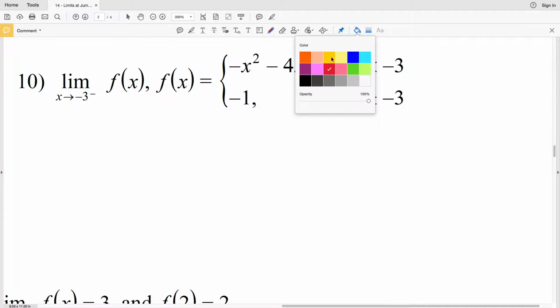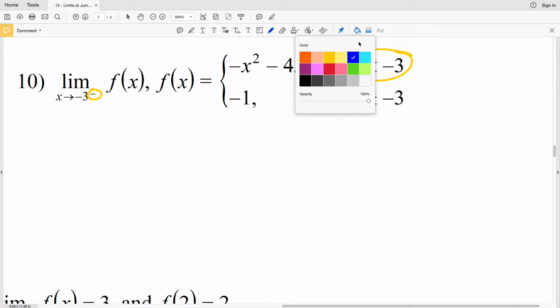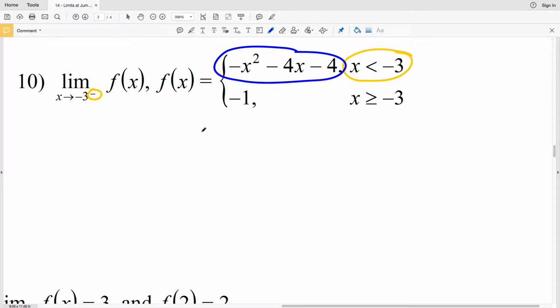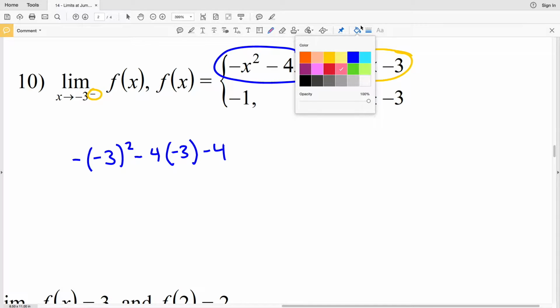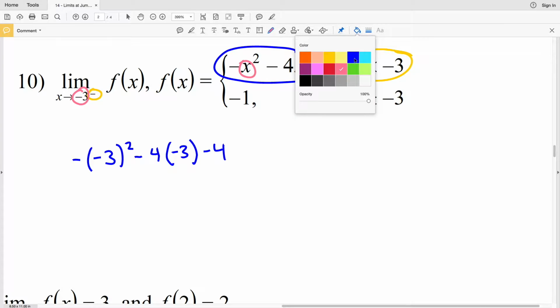And then lastly in this section, for number 10, we're evaluating the limit at -3 from the negative direction. So from x values less than -3, we're going to be using this piece. So that's the opposite of -3 squared, minus 4 times -3, minus 4. And that's because we're taking this limit at -3 and plugging it in for our x values in that first